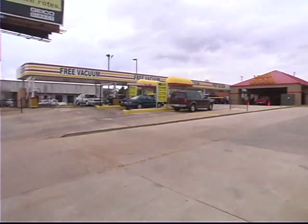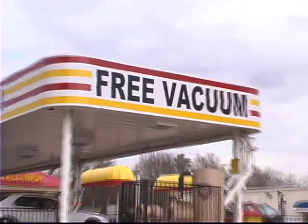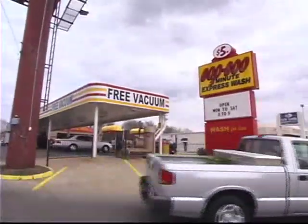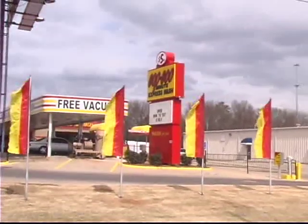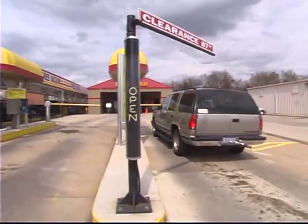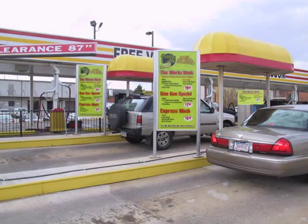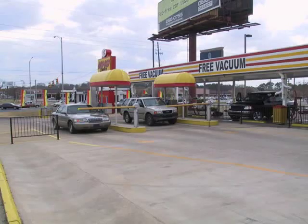This is the first Goo Goo Express car wash in Montgomery, Alabama. Their intention was to build an exterior car wash with free vacuuming. As you can see in the canopy, Goo Goo's car wash has utilized 2 unattended auto cashiers. And you can see here they're greeting 2 customers at the same time. For the first one to finish their transaction first, their gate will open and they will be allowed to enter